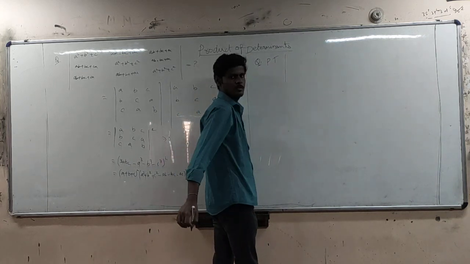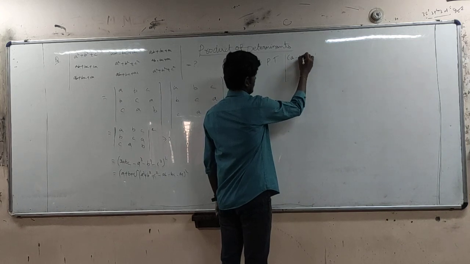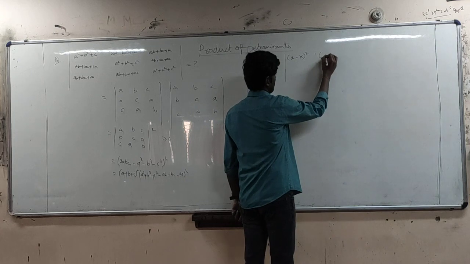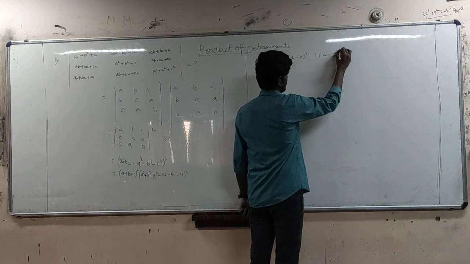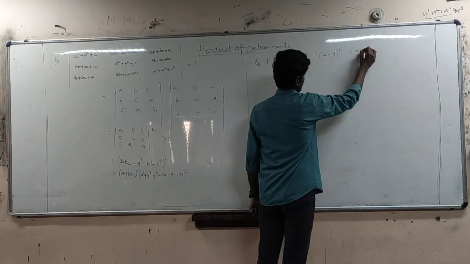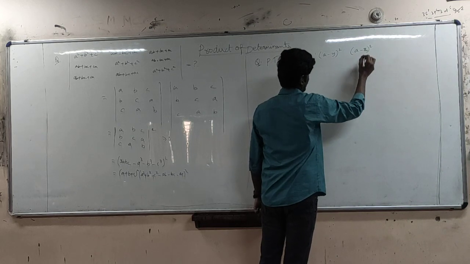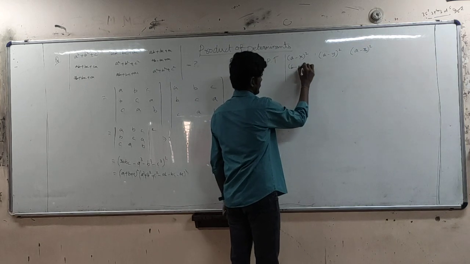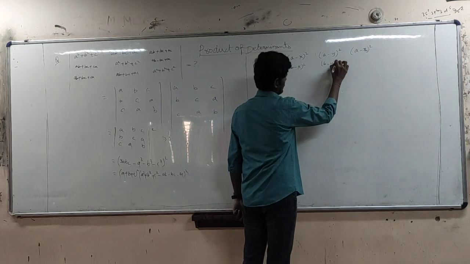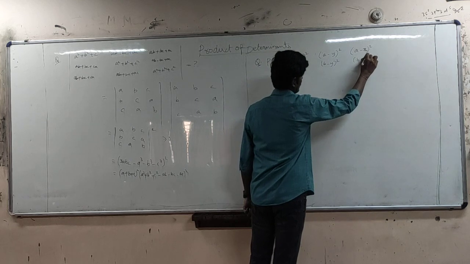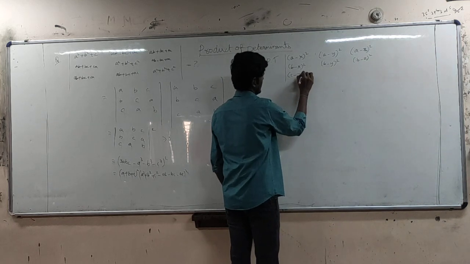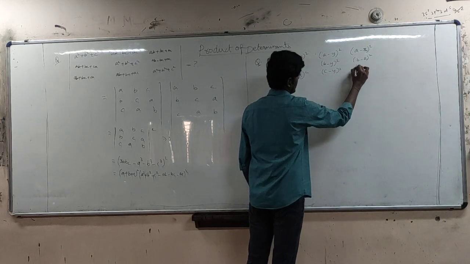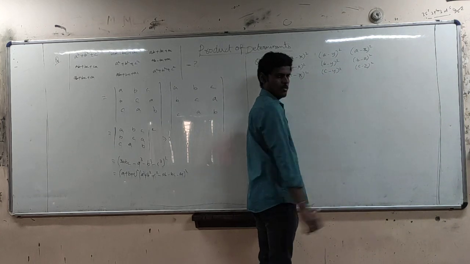Determinant: (a minus x) whole square, (a minus y) whole square, (a minus z) whole square; (b minus x) whole square, (b minus y) whole square, (b minus z) whole square; (c minus x) whole square, (c minus y) whole square, (c minus z) whole square